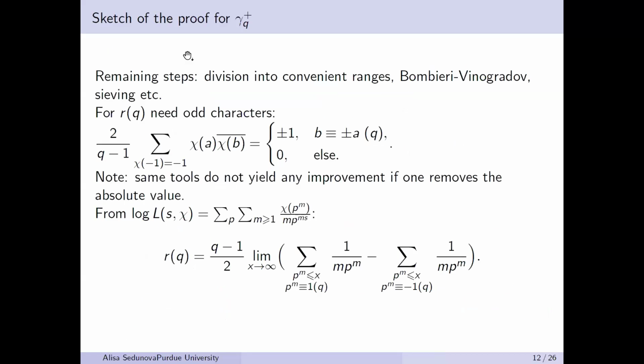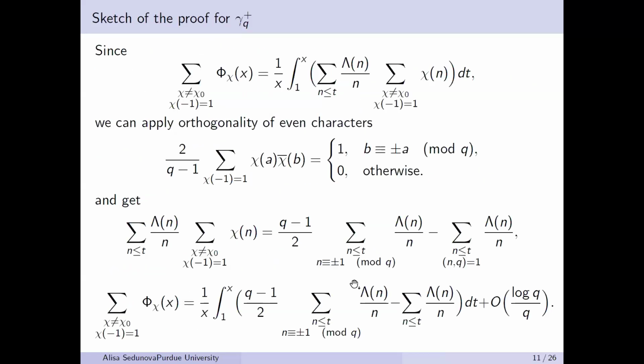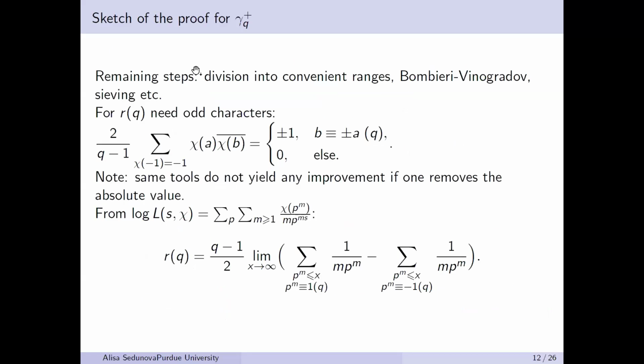Okay, and now the remaining steps, of course, they are ugly, but at least at this point you can see what you need to do. You need to determine the ranges where your classical good asymptotic, which is Siegel-Walfisz, applies. Then you need to determine when you can apply Bombieri-Vinogradov. You get the middle range. In the middle range, you do Brun-Titchmarsh or some sieving. So from here on, it's technical, but it's pretty standard, because this is the sum that we are working on. We divide into convenient ranges, we apply Bombieri-Vinogradov, we use some sieving, and for R of Q,